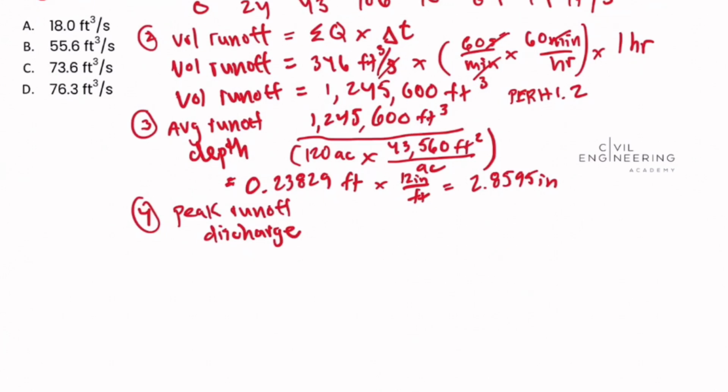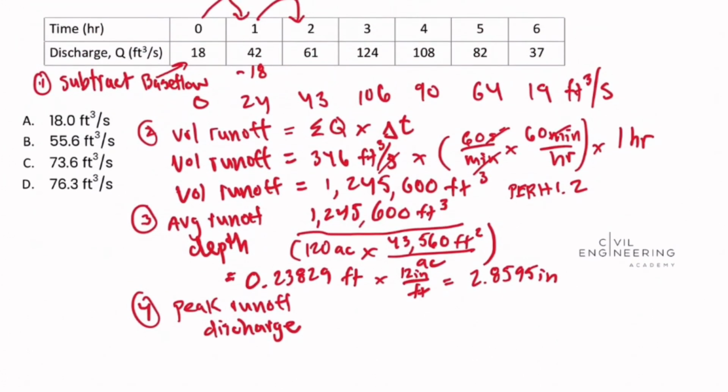So if we look at the values that we've arrived at after we subtract the baseflow, we have in hour 0 is 0, hour 1 discharge is 24 cubic feet per second, hour 2 43 cubic feet per second, hour 3 106 cubic feet per second, hour 4 90 cubic feet per second, hour 5 64 cubic feet per second, and in hour 6 19 cubic feet per second. So we can see that the peak discharge occurs in hour 3, where we have a 106 cubic feet per